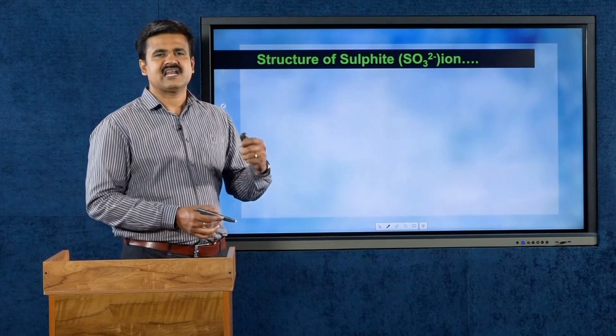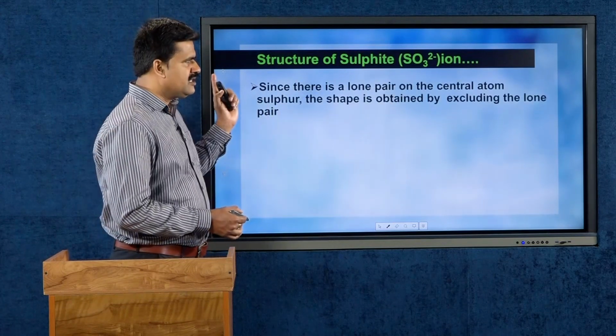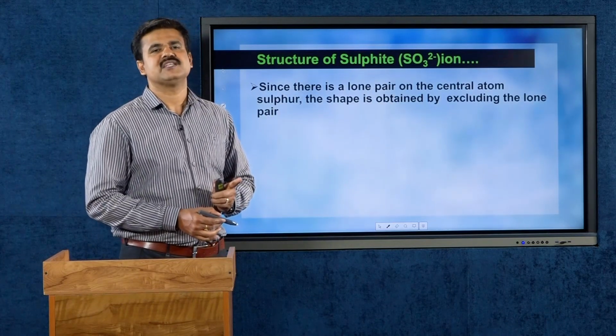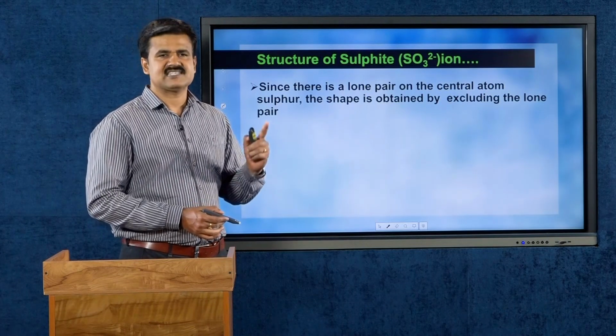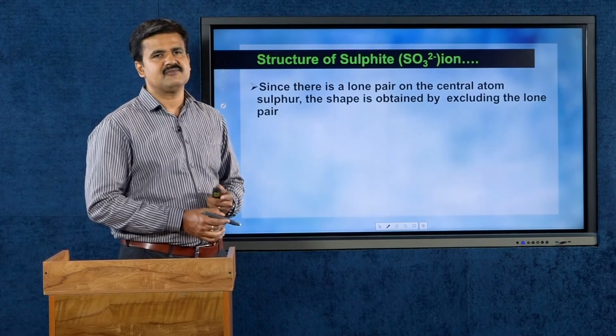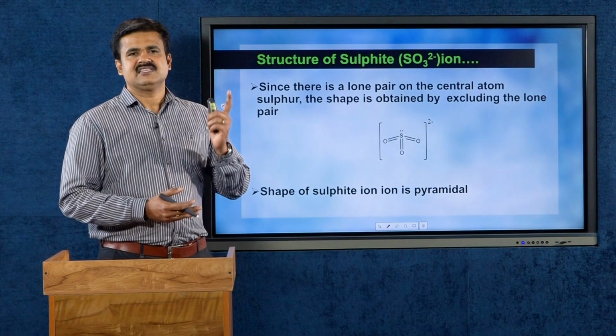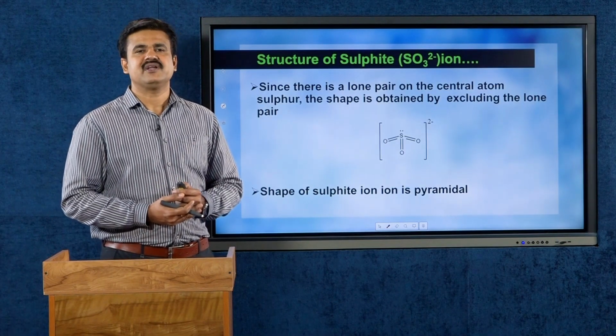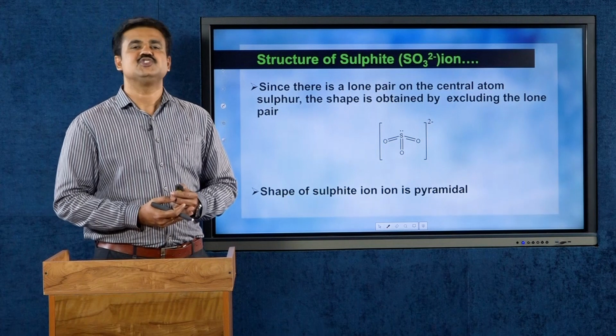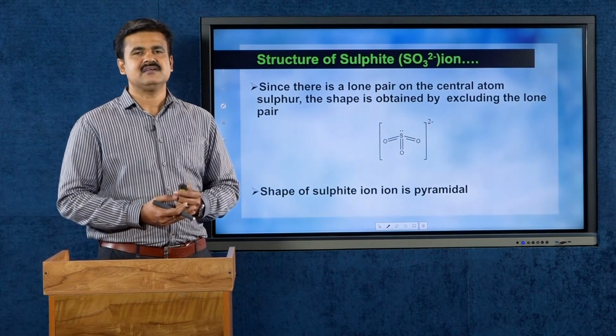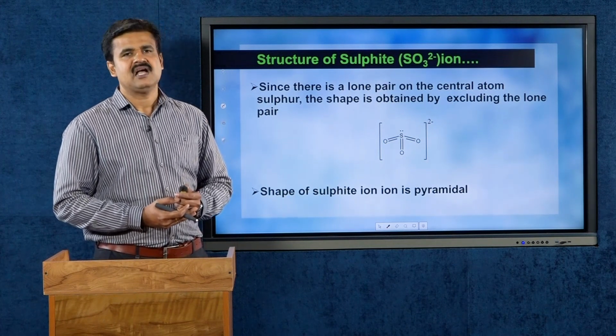Now, we can arrive at the shape. In order to get to the shape, you have to remove the only one lone pair present on the central atom, sulfur. The shape is obtained by excluding the lone pair. On excluding the lone pair, we will get a shape that is nothing but the pyramidal shape. That is, the shape of sulfite ion is pyramidal. The geometry is tetrahedral with one position occupied by lone pair and the shape is